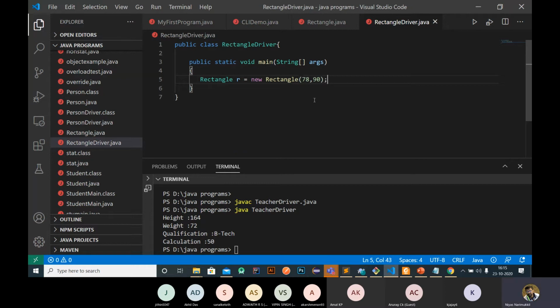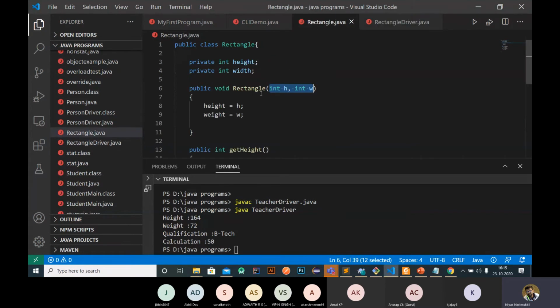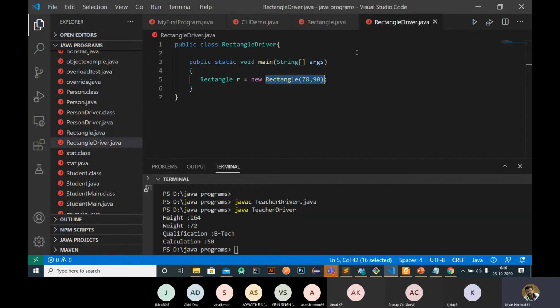So what happens is that while creating an object, it will check for any constructor present having these two parameters. It will check our Rectangle class and go for any constructor present with this parameter. We have a constructor that receives two integer arguments, right? So we need to pass these two integer arguments while creating an object.